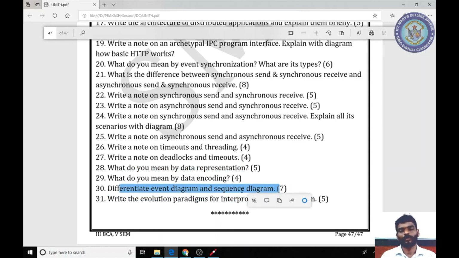If it comes for more marks, you should give a detailed example. In the event diagram, there is a differentiation such as blocked operation and execution flow. In the sequence diagram, there are no such notations. All the execution of the process is maintained in the dotted line only.